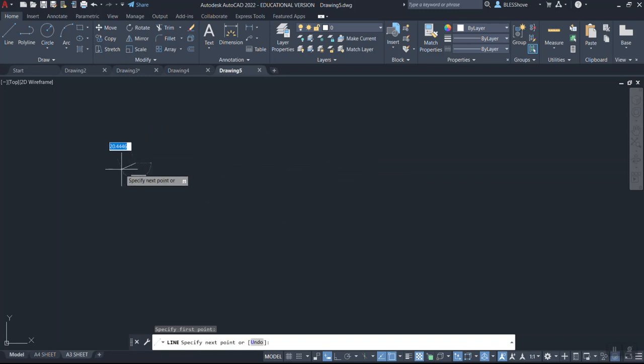If I hover my mouse, you can see I now have an option to drag and draw a line from this point, which is my first point, to another point, which becomes my next point. And if I move again inside my model space, approximately here, and if I click,